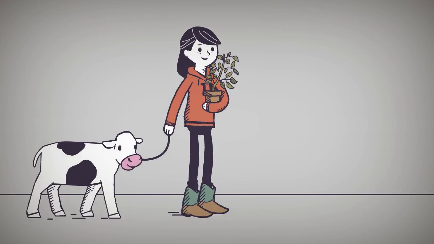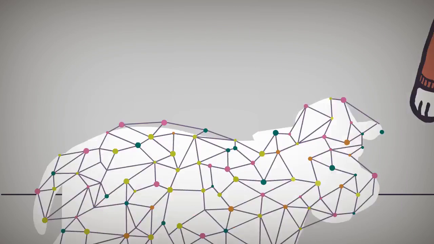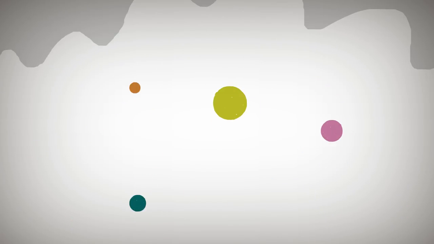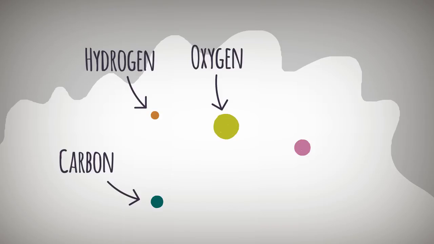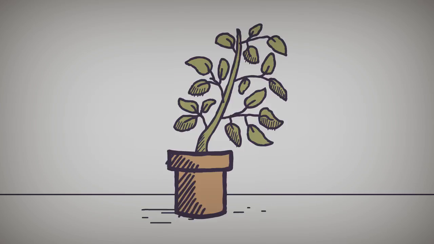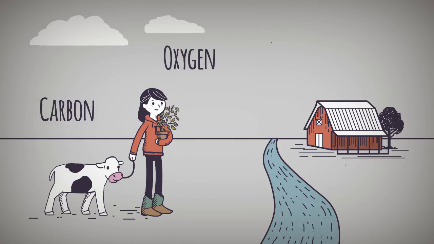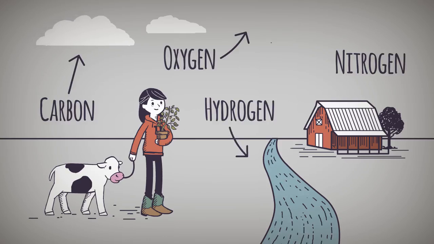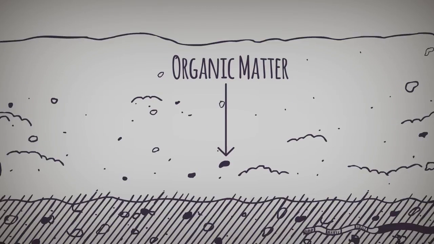Careful with those chemicals. Didn't you know that calf and that tomato plant are filled with chemical elements? Like all living organisms, plants and animals are mostly composed of carbon, hydrogen, oxygen, and nitrogen. Think about it. You, the calf, and the tomato plant are basically just 4 chemical elements. These same elements are found in the air, water, and soil, especially in the soil's organic matter, which, by the